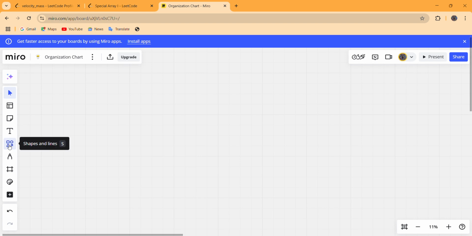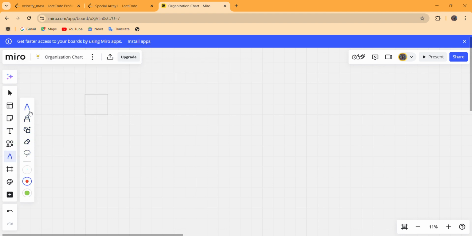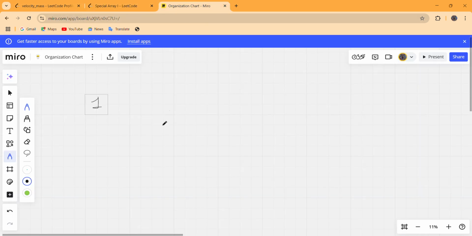Let us take example number 1 first. It contains only one element, that is 1, as input here. So for this, n should be 1 and the index for this one is 0.